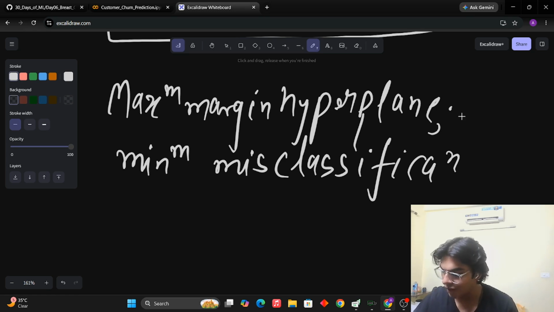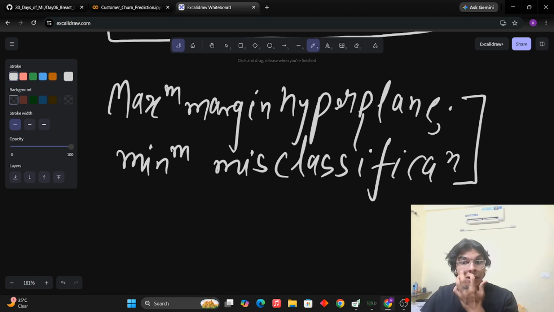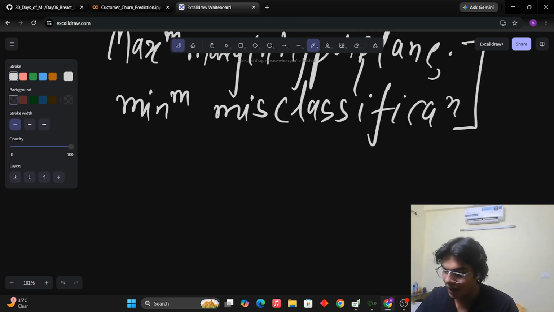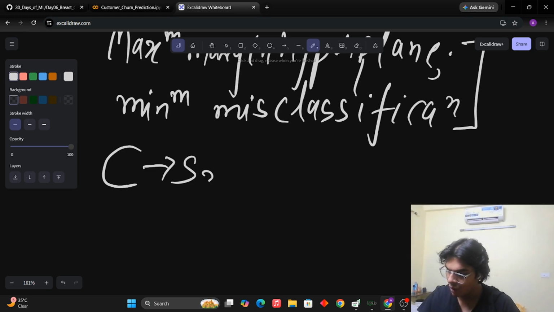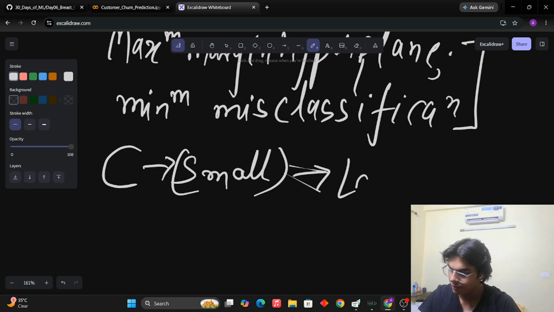Okay. So wherever these trade-off kind of demands are involved, we are maximizing one, minimizing the other. We cannot achieve both at the same time. We need to settle. We need to find a middle ground. In this case, the parameter called C comes in. C is a very important parameter that basically controls how many misclassifications are allowed. So if the value of C is small, then large margins are allowed. This is all given in the repo as well, but this is important, so I'm just going through it quickly. Large margins are allowed,